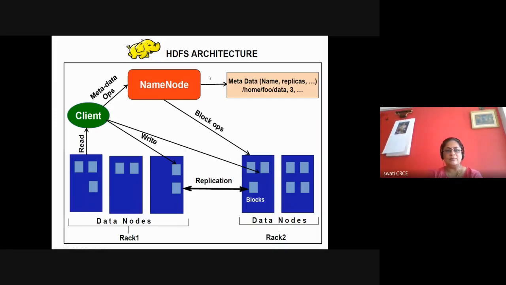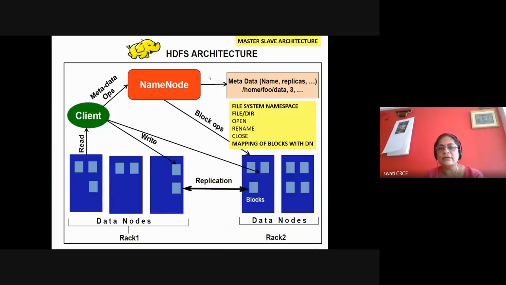Okay, so with this diagram, simple. There are three components. Just I want to tell you there are three components. Name node is a master, data node is a slave. Actual data is stored onto the data node, and your file is divided into blocks, and a particular block is residing on a particular data node as per the decision taken by the name node. Okay, so we'll see the workflow then. Okay, so this shows that it is a master slave architecture.